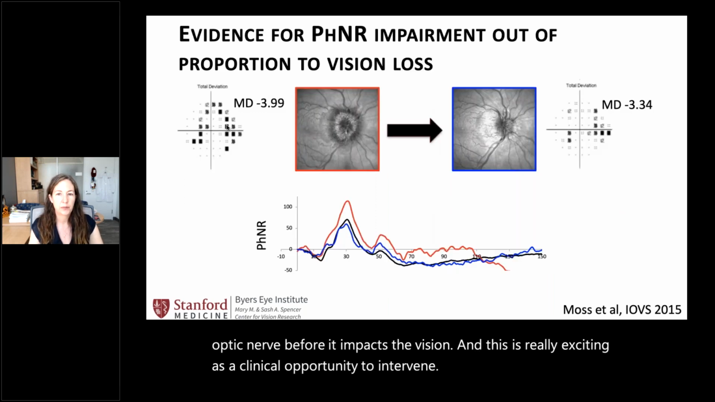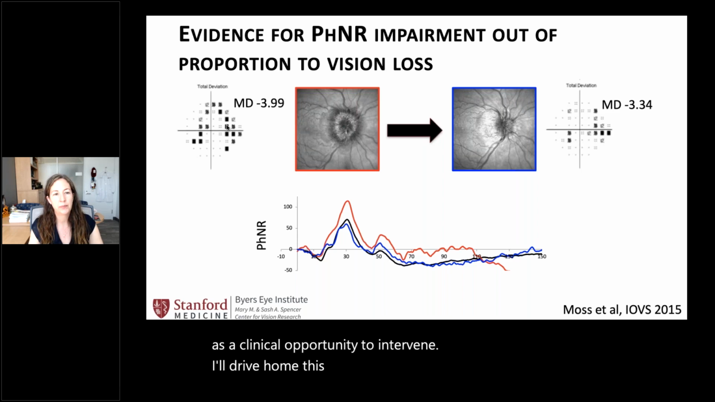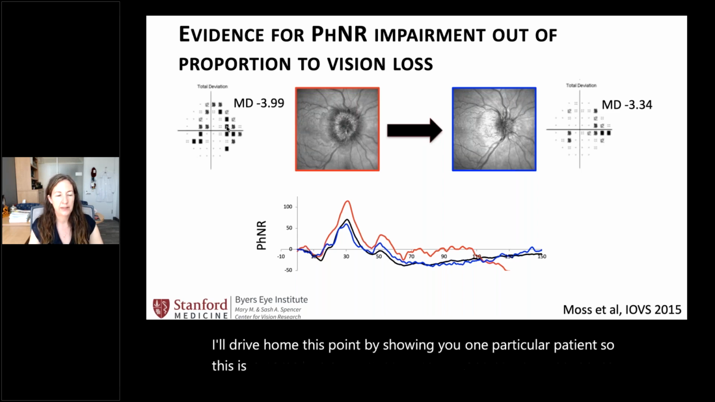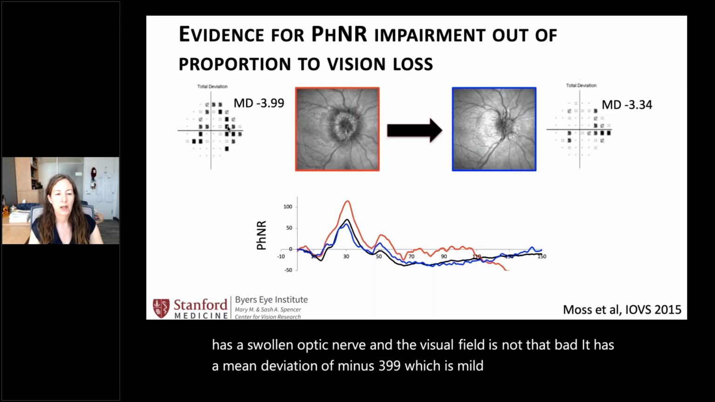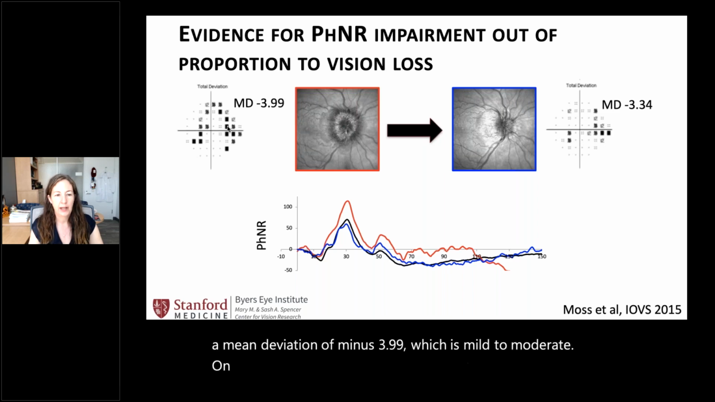I'll drive home this point by showing you one particular patient. So this is a patient on the left. You can see that the optic nerve image has a swollen optic nerve, and the visual field is not that bad. It has a mean deviation of minus 3.99, which is mild to moderate. On the bottom graph is a plot of her untreated photopic negative response shown in red,